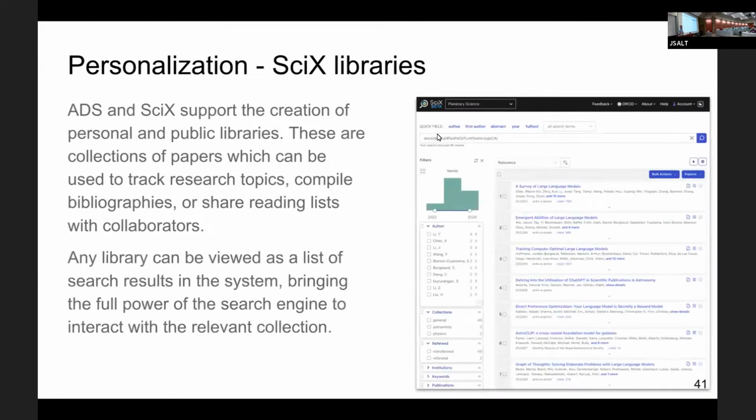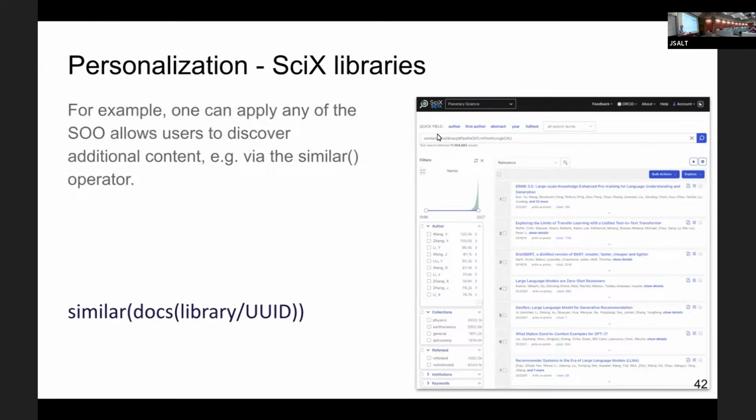You can also view each one of these collections in the context of a search. So there's a particular syntax that allows those papers that you put in a library to be viewed as a list of search results. And the interesting part here is that then you can use the additional search capabilities to act upon that original list. So the syntax gets a little complicated, but essentially